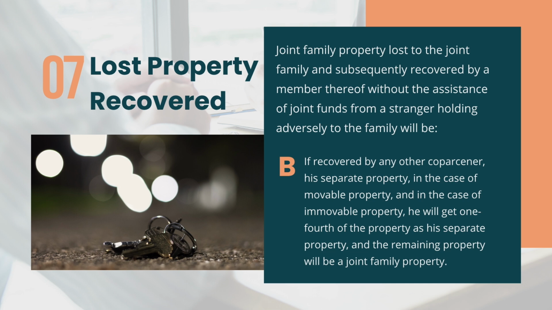Secondly, if recovered by any other coparcener, his separate property in the case of movable property, and in the case of immovable property, he will get 1/4 of the property as his separate property and the remaining property will be